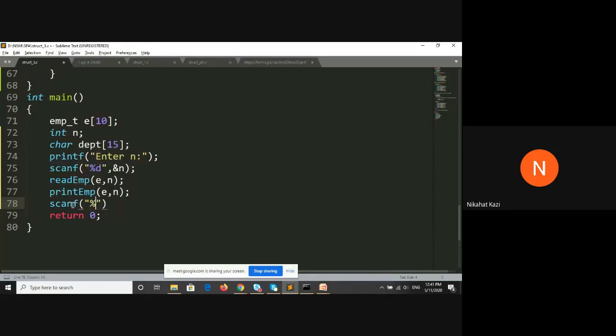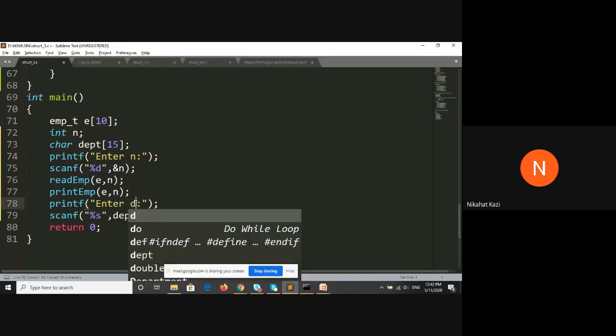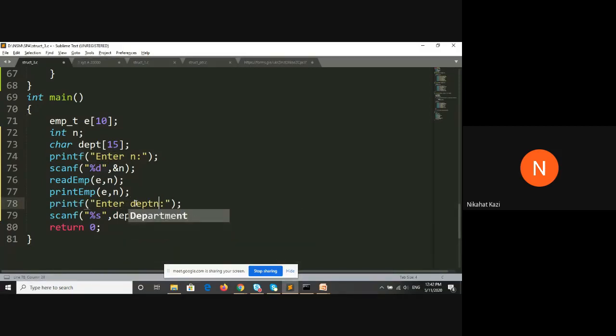It will be %s, and since it's a string, there is no address of. Printf, enter the department name. Once I take this, I will call the find highest salary.